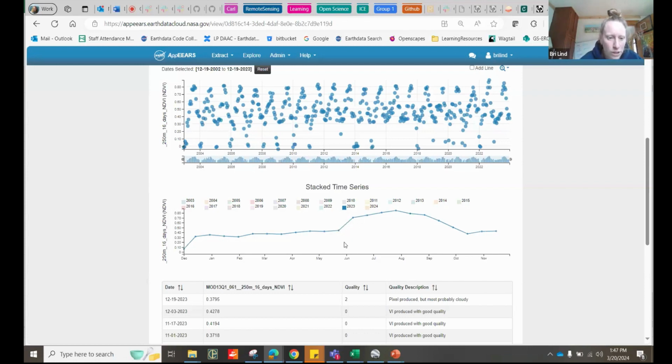Yeah, so now we can see 2023, and it does look like the greenness peaks in the summer, in July or August. And that could be something that you can feel out with your students. Did you see that on the ground? Or are different spots or different types of plants going faster or slower than the collective visualization of that area at that scale? Another thing I wanted to show you quickly was,